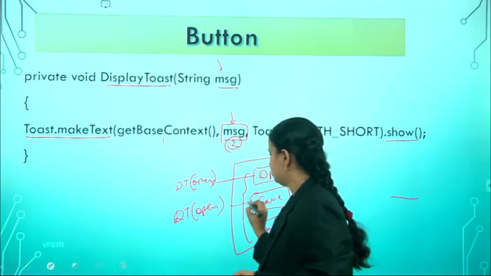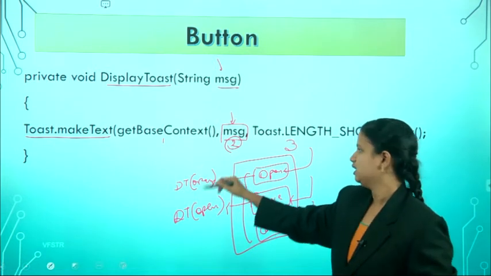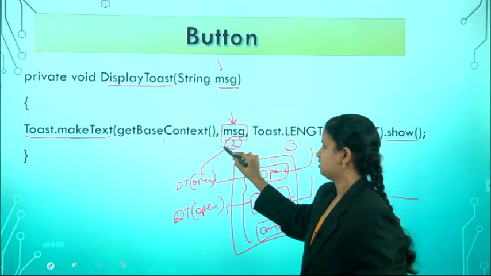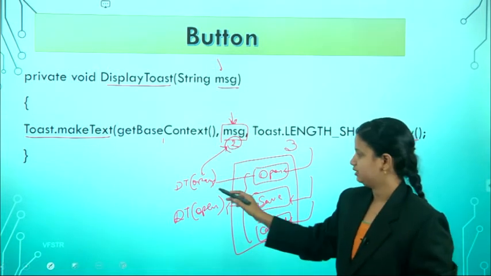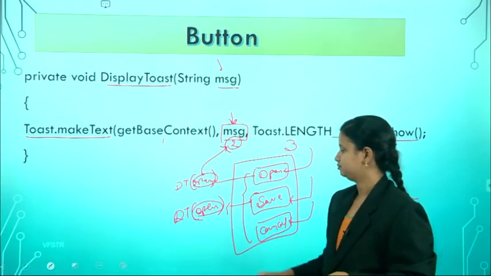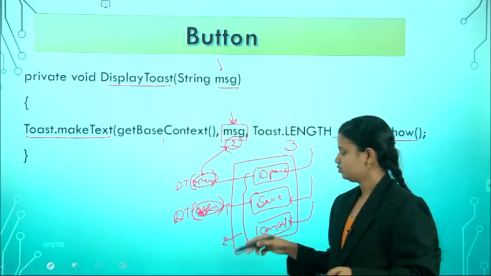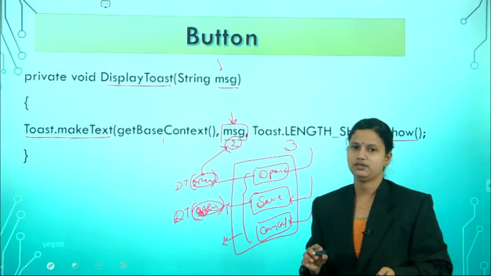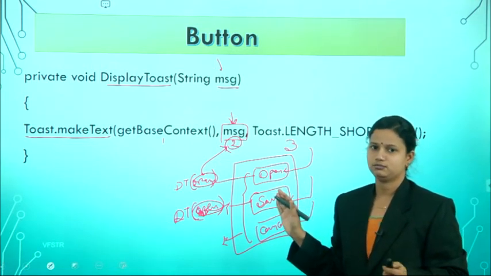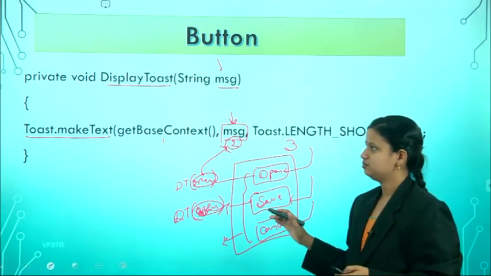So that means we are calling a method, and the implementation of the toast syntax is already available. The message content will be sent in this place as save, open or cancel. So we are using a user defined method, and for that method we are writing the toast syntax to reduce the code. Okay, so this is the button implementation.